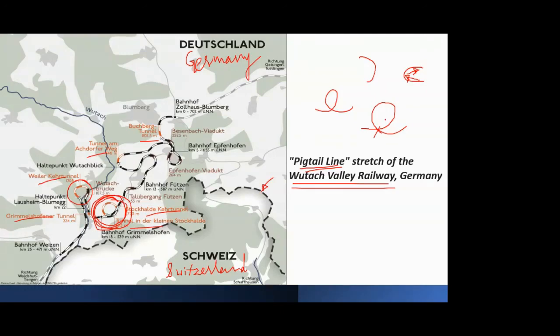So I hope it has cleared some idea about how a spiral tunnel or base tunnel actually looks, because you will not recognize it if I just click a photograph inside the Gotthard tunnel. You will not come to know anything other than the cross section of the tunnel itself. And the same is the case with the spiral tunnel also. That's why I have to show you the drawings or the maps.